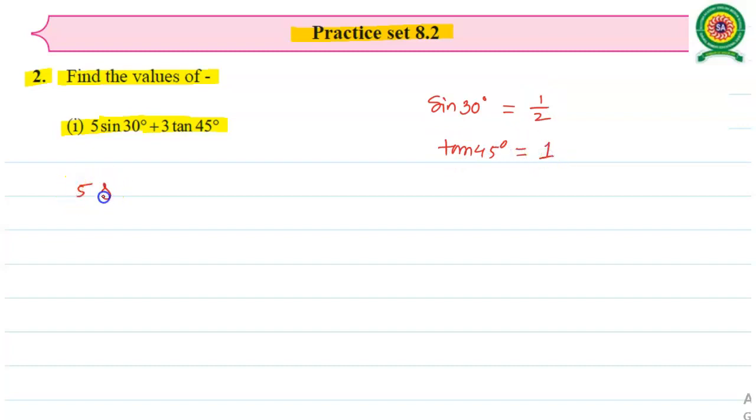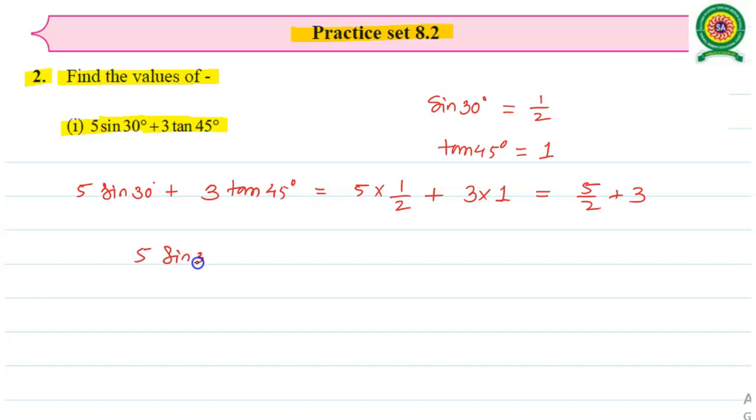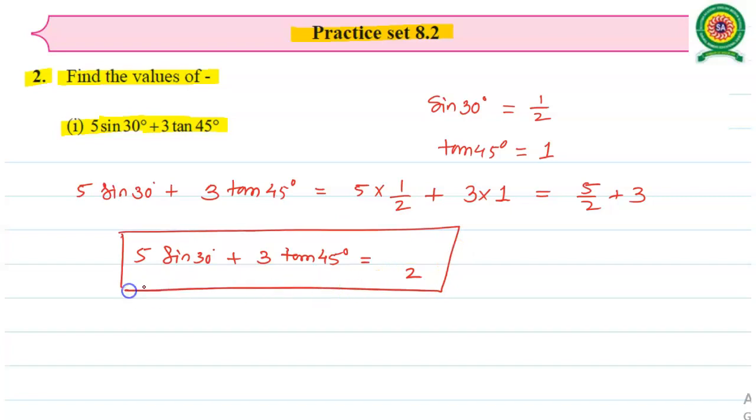So we have to evaluate the value now. 5 times the sine of 30 degree plus 3 times tan of 45 degree. So 5 remains as it is into sine 30 degree is 1 by 2, and plus 3 remains as it is into tan of 45 degree is 1. 5 into half is 5 by 2 plus 3 ones are 3. Do the cross multiplication so that we are getting the value of 5 times sine of 30 degree plus 3 times tan of 45 degree, that is equal to 3 2s are 6 plus 5 is 11 divided by 2